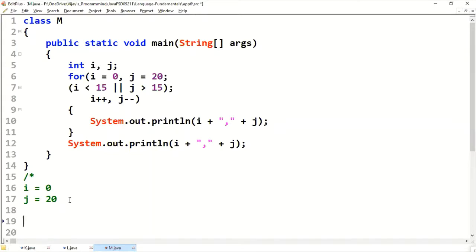Double OR, logical OR. Whether i less than 15, 0 less than 15, yes. It won't check the other operand since we are getting true here itself.